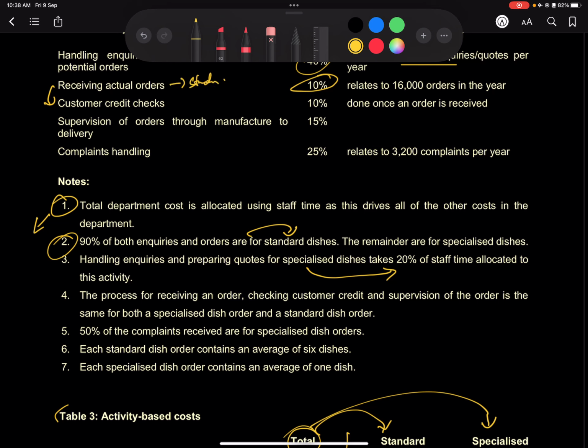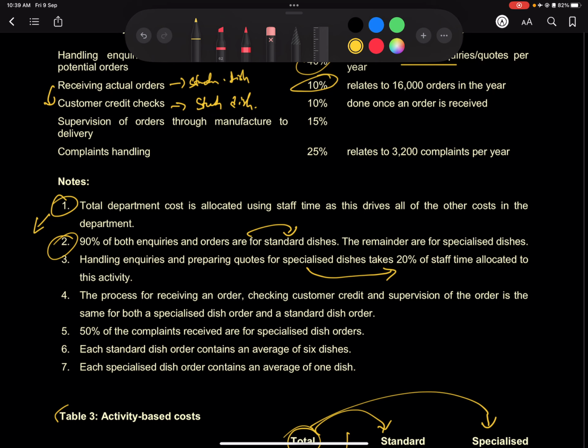So if most of the orders you're getting are for a standard dish, then you are not going to do credit checks for something else. Credit checks will also be done for a customer, but it will be done for that particular product, for standard dish only. It's a very logical thing. Of course, if the customer is trying to order something specialized, then you are not going to do the order or credit checks